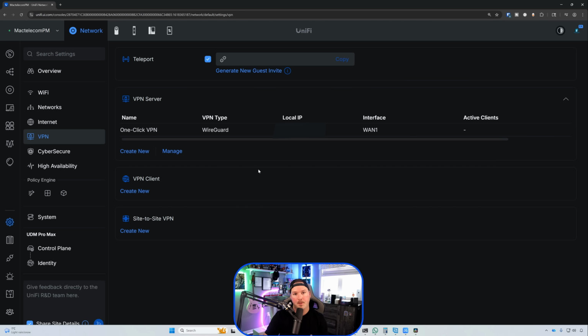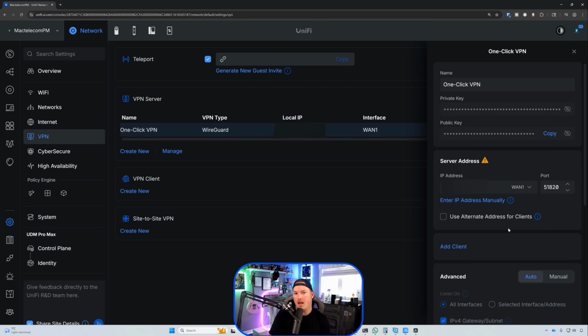It will show our IP that we're using and the WAN interface, as well as active clients. We're going to go ahead and click on this. We could see the name of the VPN. We could see the server address, and then it says add client, but we're going to do that through our